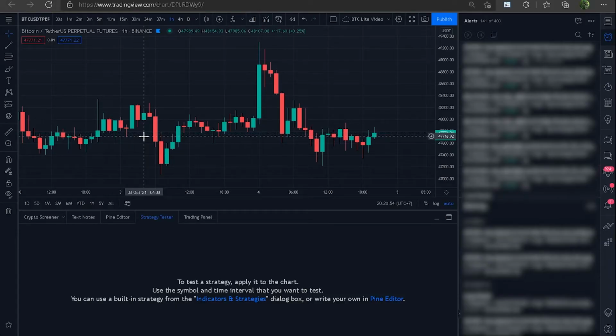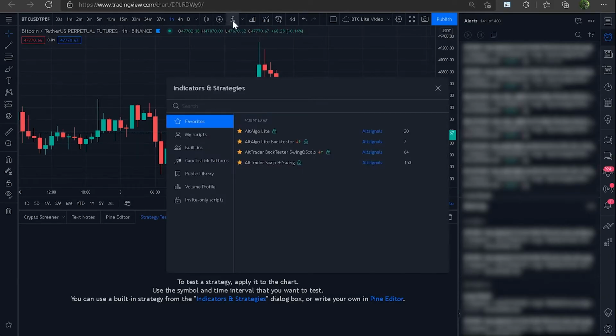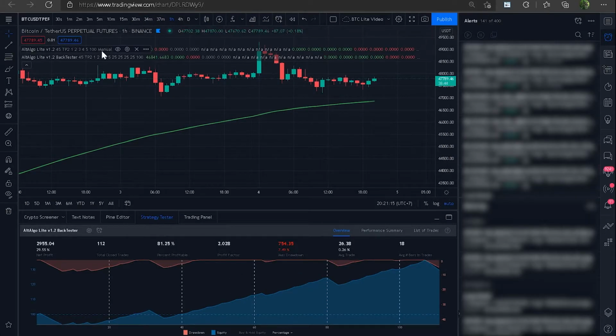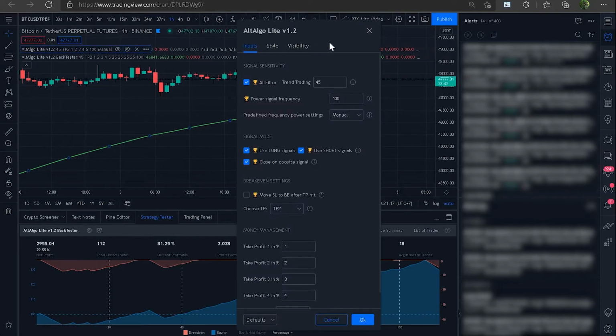There is also a light version. This is basically a stripped down version of the main script, and I will also add that the same way I did the main script, which means indicators here, then I put them in favorites, and the name is AltAlgo Lite and AltAlgo Lite Backtester. So I will add both. If we check the settings here, we will see that